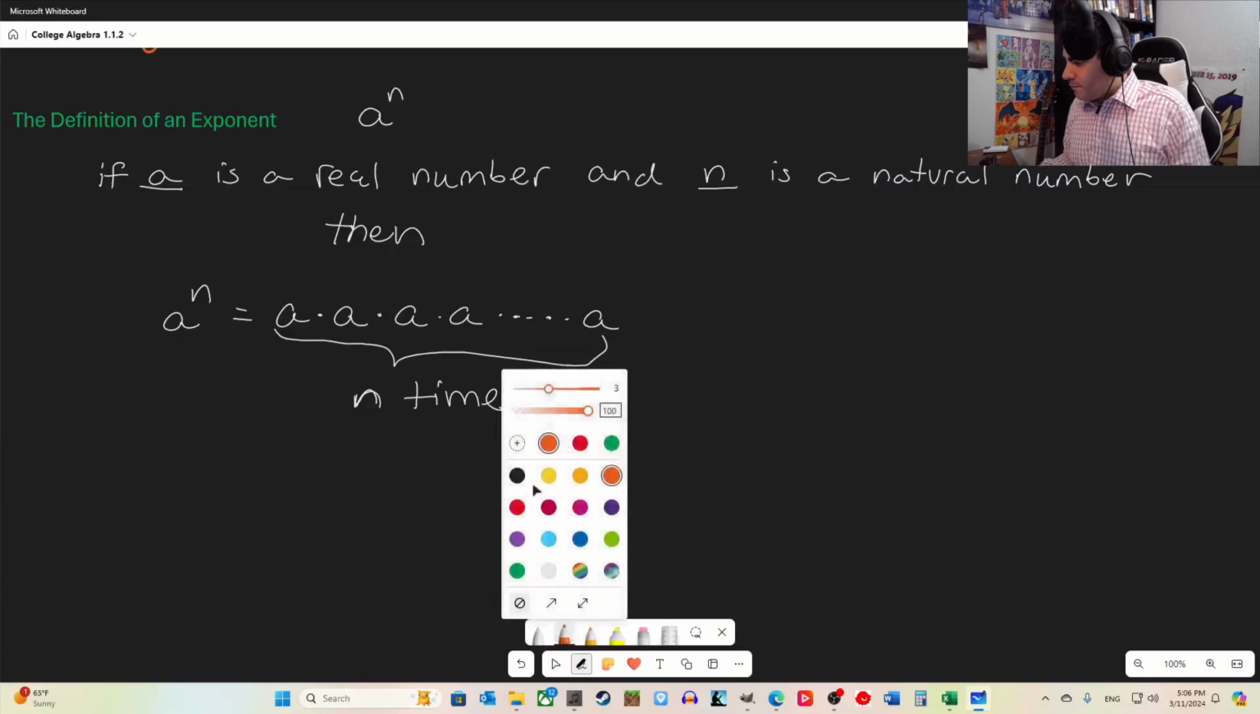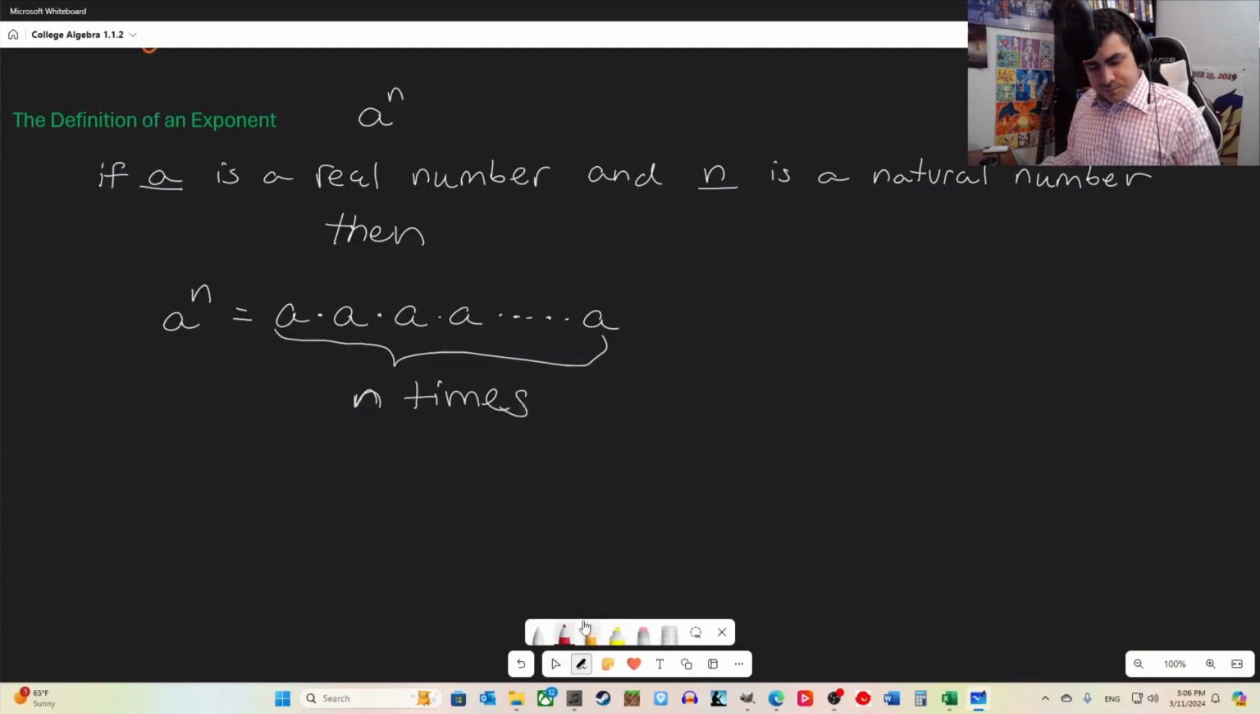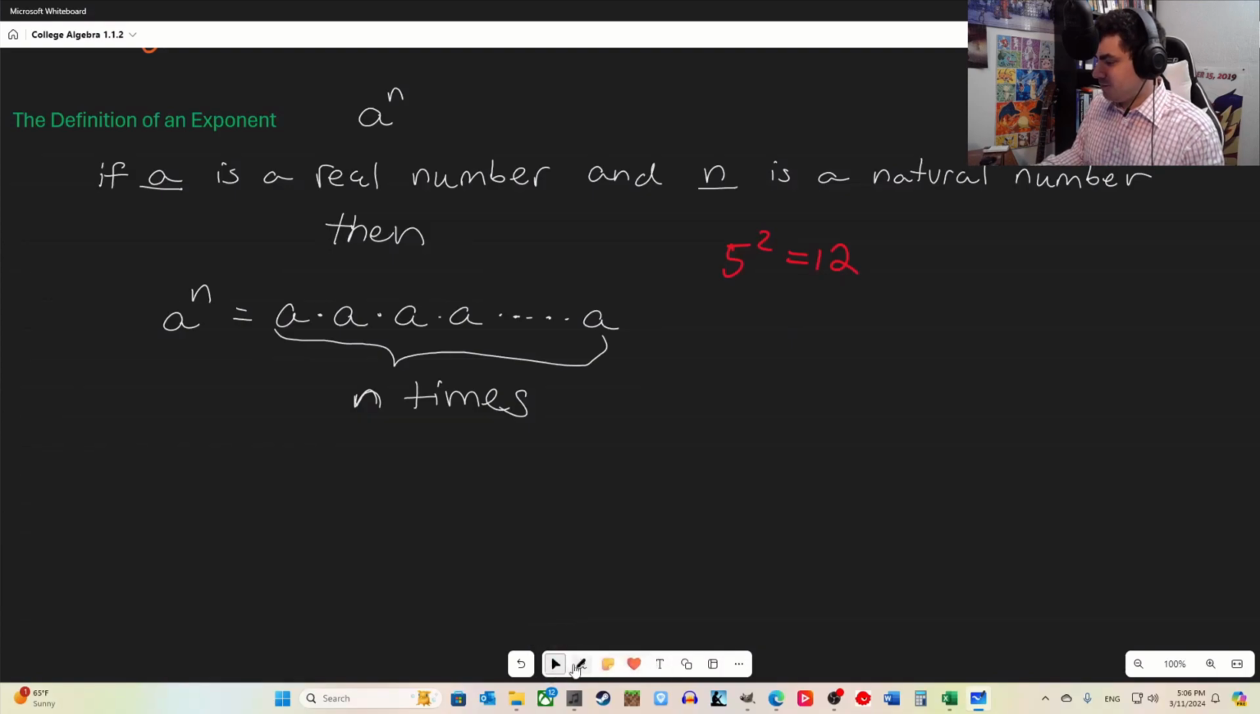So, as an exponent, notice how I said a has to be a real number. What includes real numbers? We have positive numbers, such as 5 squared, which we already settled as 25. This also includes rational numbers, such as 2 over 3